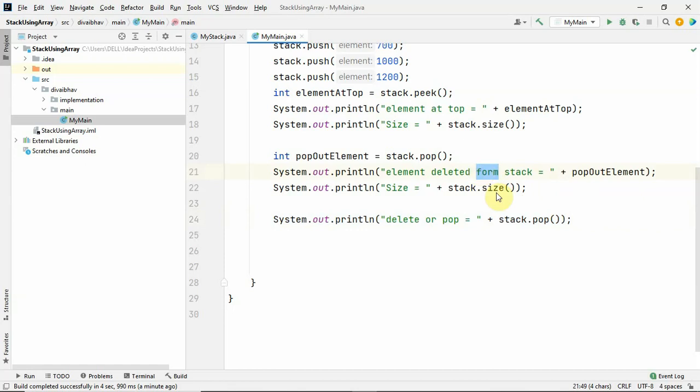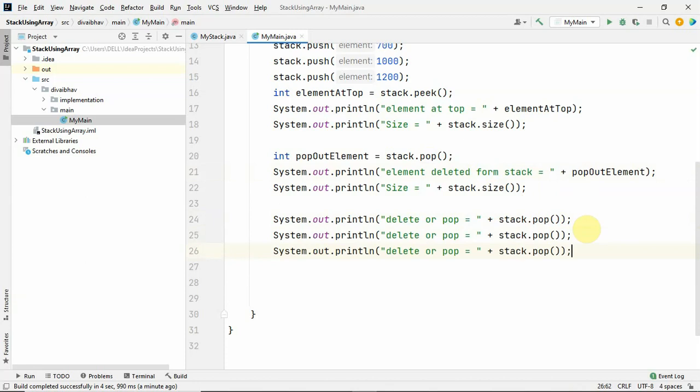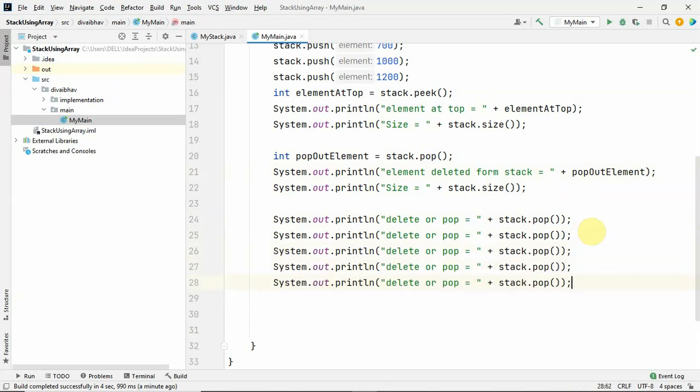One element I have already deleted. Second, third, fourth, fifth. When I want to delete the sixth element, what will happen? The stack will underflow. Let's execute this.